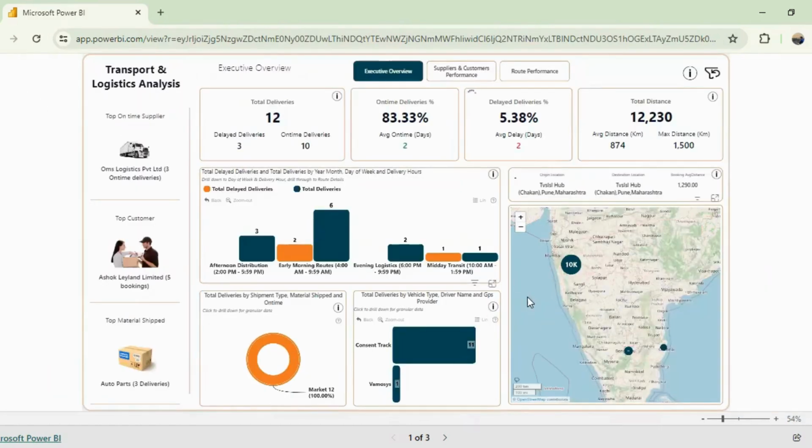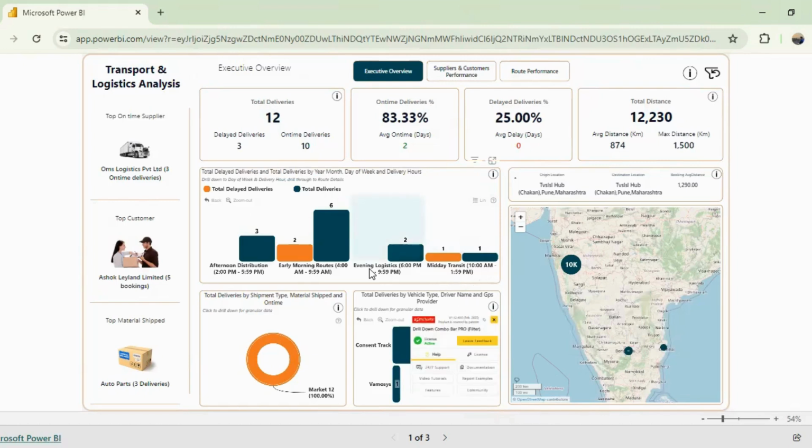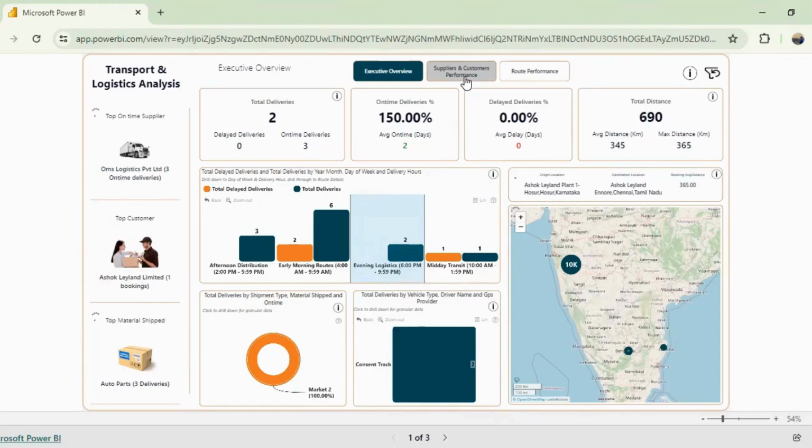Then the next visual is this one. Okay, so this visual we know, this is called the map visual. There we have to just drag the latitude and longitude information. As per the data, the map will get already created. Okay. Then if you go on the second page,